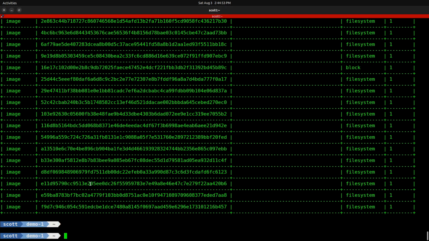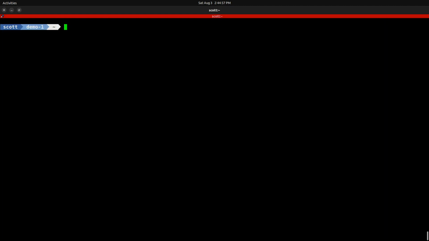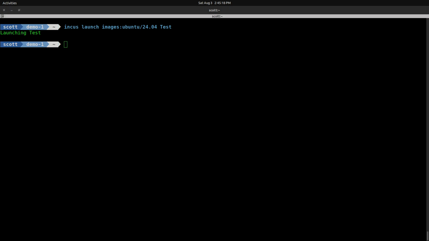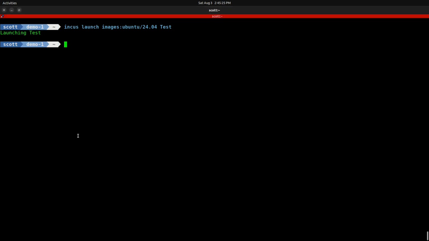It's possible to connect more than one container to a custom volume. You just have to be aware of the fact that there's no file write access locking unless the application does it. So I'm going to create a simple container with an Incus launch images:ubuntu/2404, and I'm calling the container here test. And then we'll go ahead and connect to our get my data volume that we created with an Incus storage volume attached to the default storage pool, the custom volume get-my-data, and then we're connecting it to our container we just created called test, and we're connecting it to